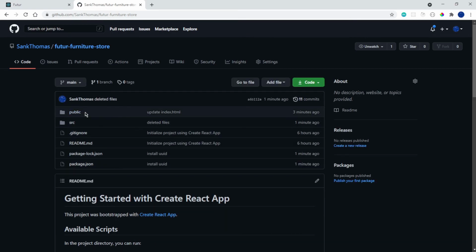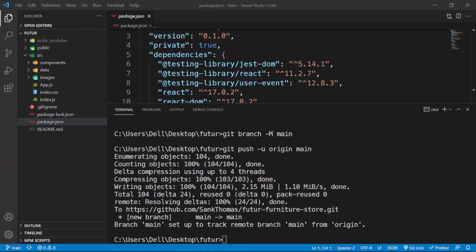Look at that, looking amazing. So this is our public folder. We have updated index.html and okay, so that is going to be it, and I'm going to leave a link for this repository